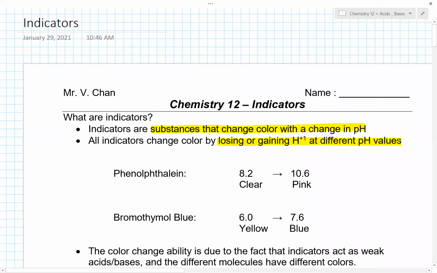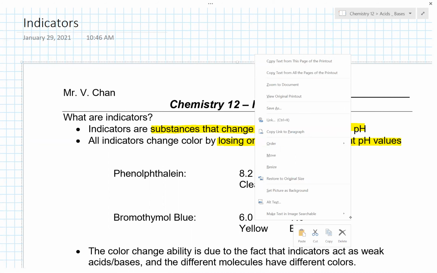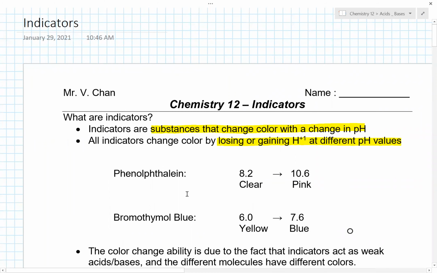So depending on the acidity of the solution, it causes the indicators to lose or gain protons. Now, in this particular scenario, where we have this phenolphthalein, it says 8.2 is clear and 10.6